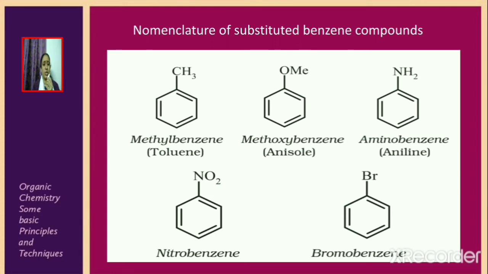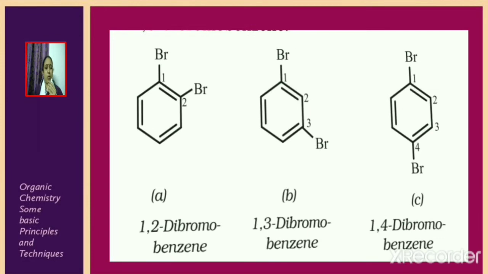Now consider the next compound, C6H5NH2. It is known as aminobenzene, commonly known as aniline. The next compound given is C6H5NO2, which is nitrobenzene. Then next we have bromobenzene, which is C6H5Br. Now consider the 3 compounds given. The first compound is named as